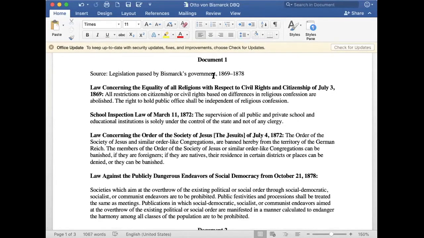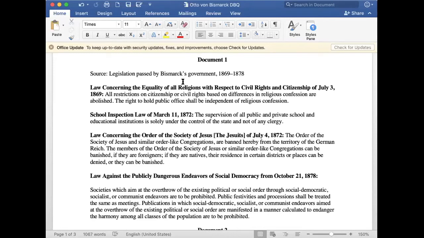This is legislation passed by Bismarck's government from 1869 to 1878. So a couple of things. On the AP test this year for 2020, your documents might be a little bit shorter. Like this is very, very long. They've kind of promised us that we'll have shorter documents. But the next thing is you don't have to paraphrase or summarize the entire document for each document. You're looking at key things that jump out to you. So I'm going to go through this really quickly with just the most obvious understandings that I can